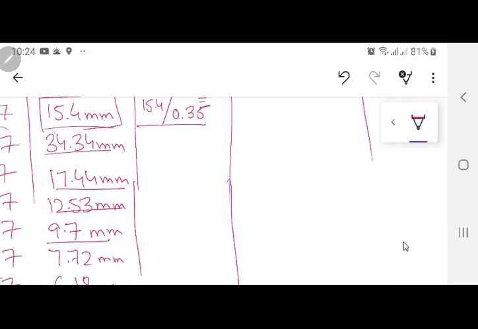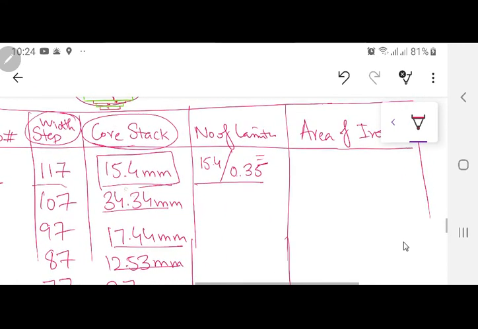Now one thing very important, you are going to round it off. Okay? 2.3 laminations can never come. So of course you will have to go to either 2 or 3. As a designer you are going to decide. Supposing you divide 15.4 by 0.35, you get a value of 60 point something. Now 60.2 is closer to 60, but since this is the very first step, better to increase the area, because in the center of the core this is going to have the major flux. When you go towards the smaller steps, there you can have the rounding off.